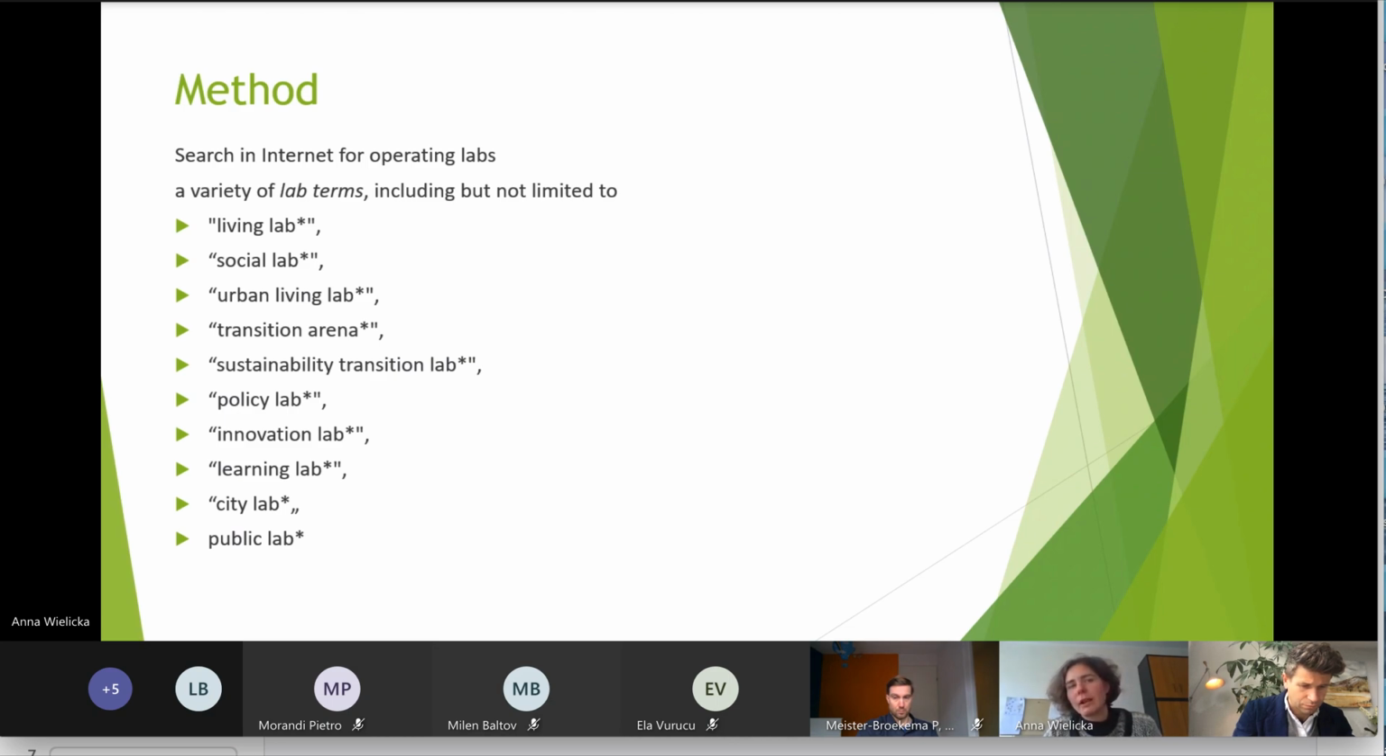What is the general method? Yes, because there were some attempts to generate databases of labs, but they were done based on literature, so based on scientific papers, and they were done mainly for classifications. Yes, and then you don't have to be consistent in terms of